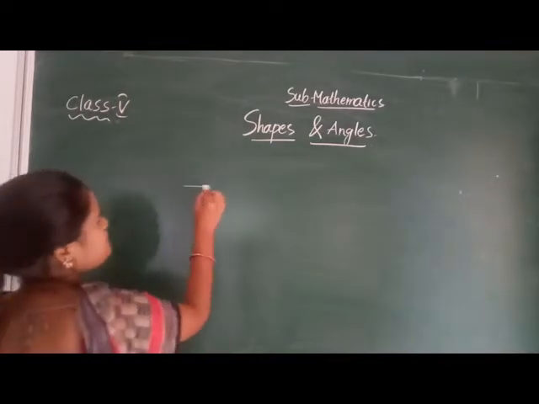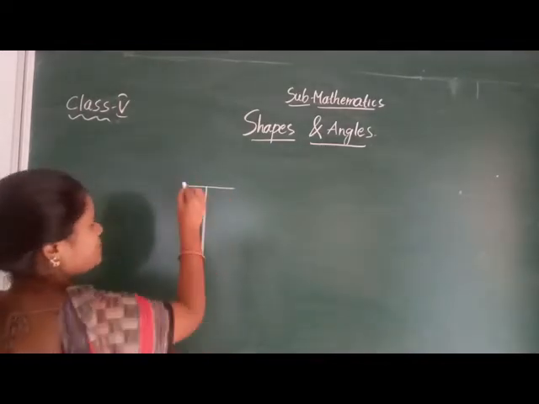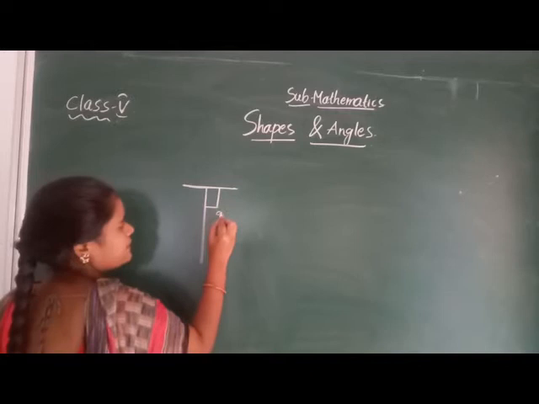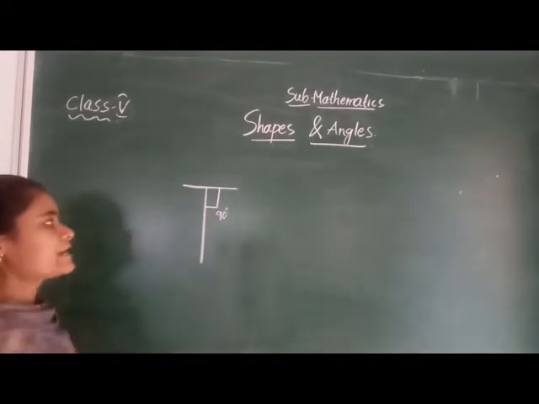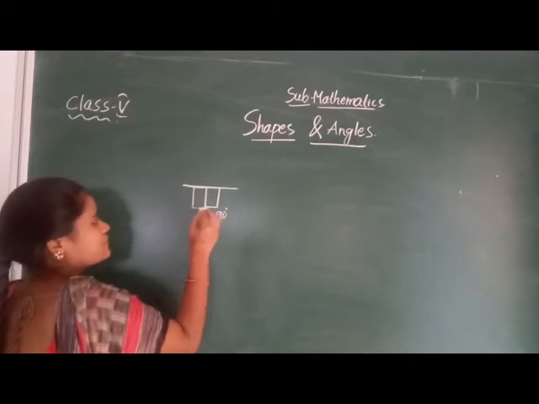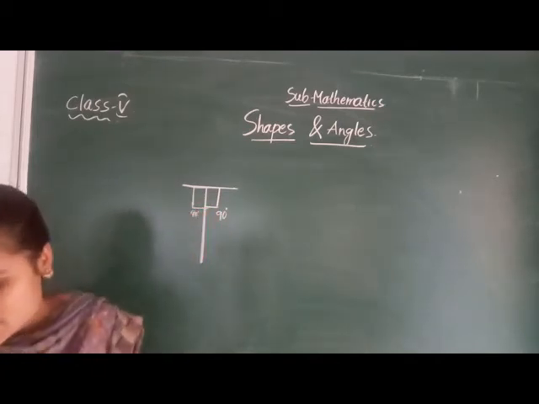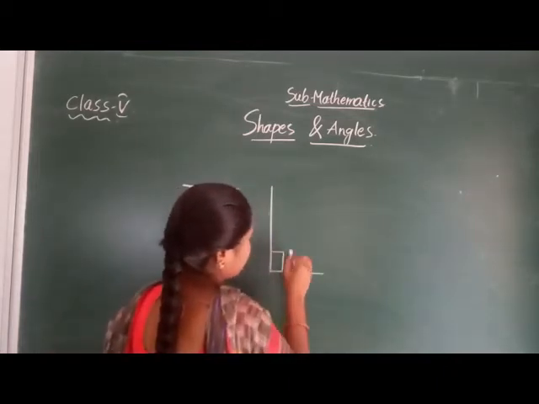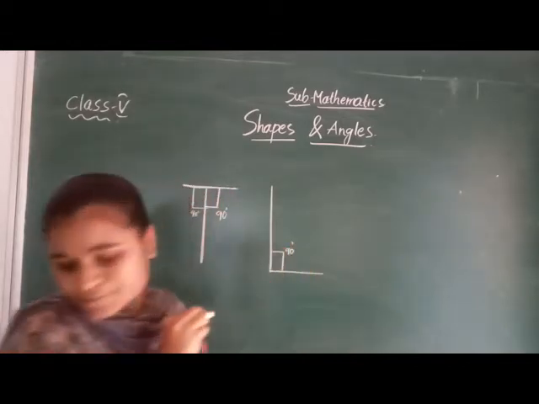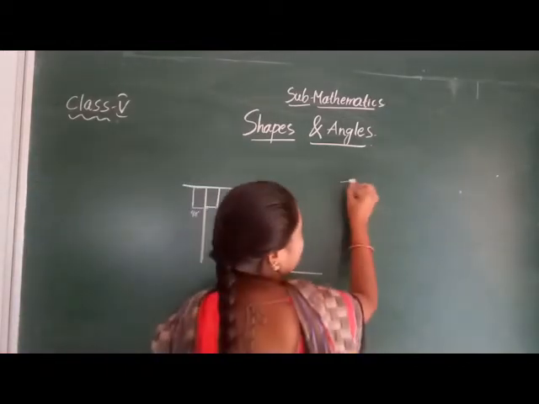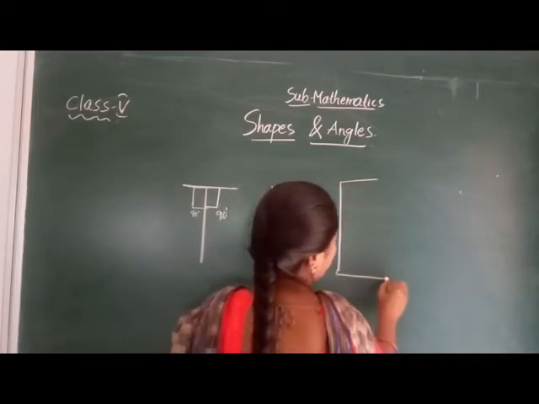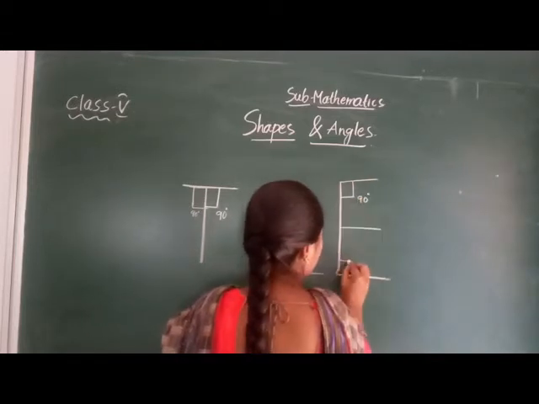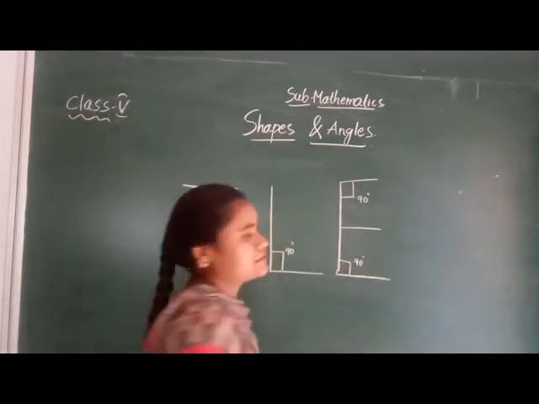Okay, see, suppose we take T. Yes, this one is T. See, this is the right angle. Correct, 90 degrees there. This one and this one, 90 degrees. Yes. L also, L. See, this one is the correct 90 degrees. E also is there, E. See, 90, 90. These are the right angles, right?